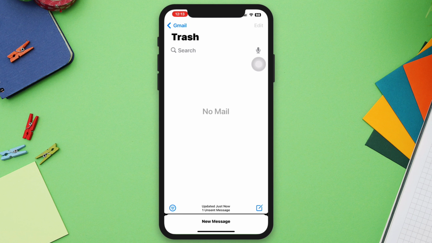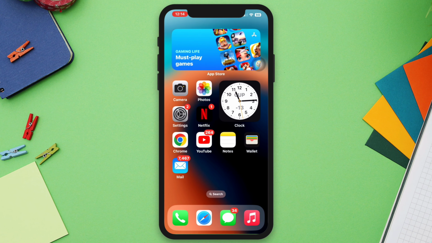By following these steps, you should be able to resolve the issue of sent emails not appearing in the Sent folder on your